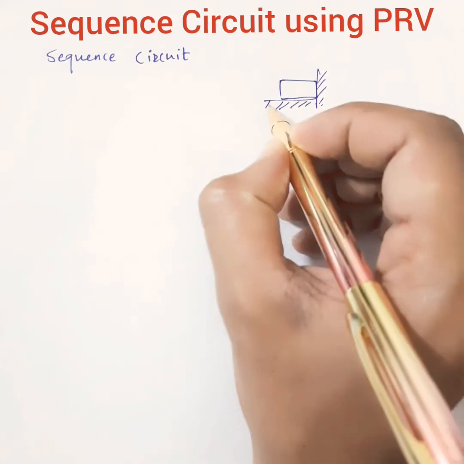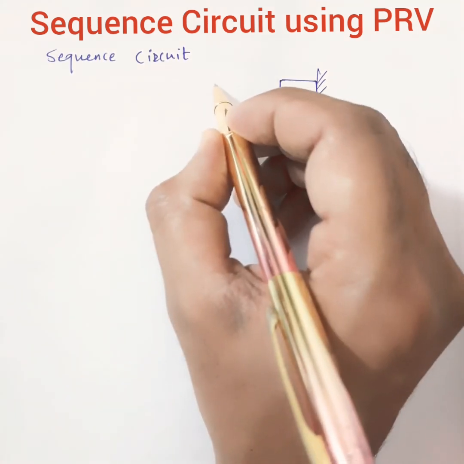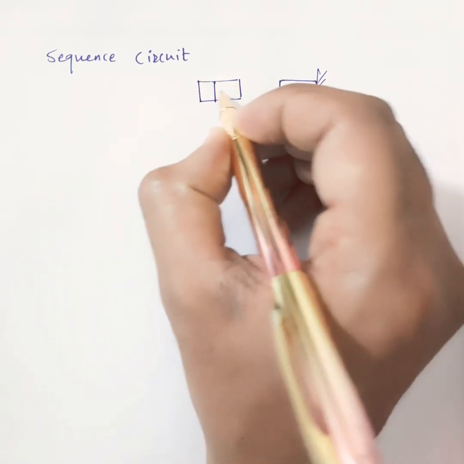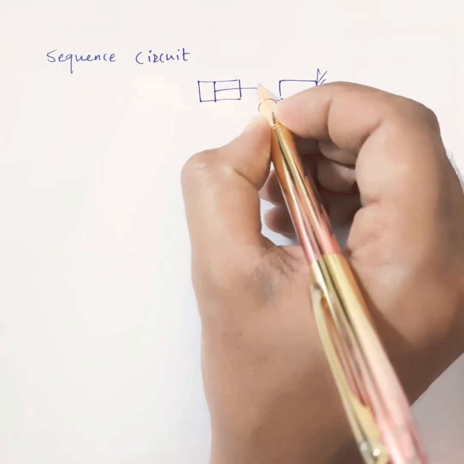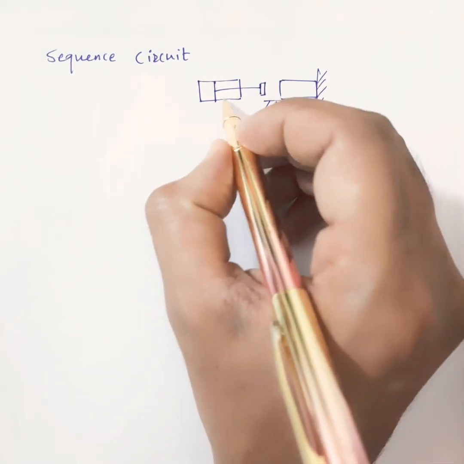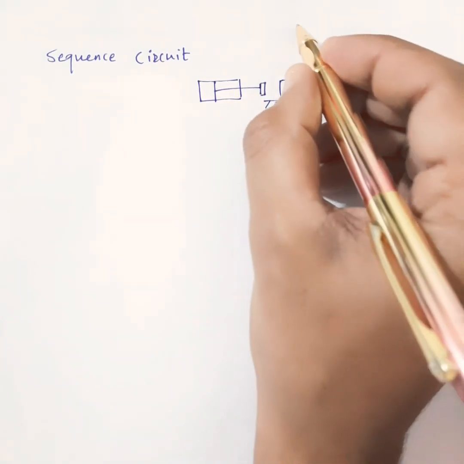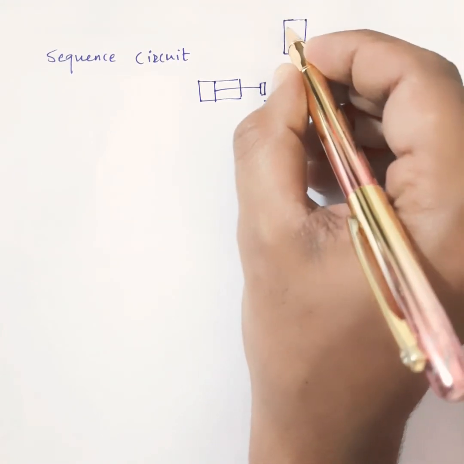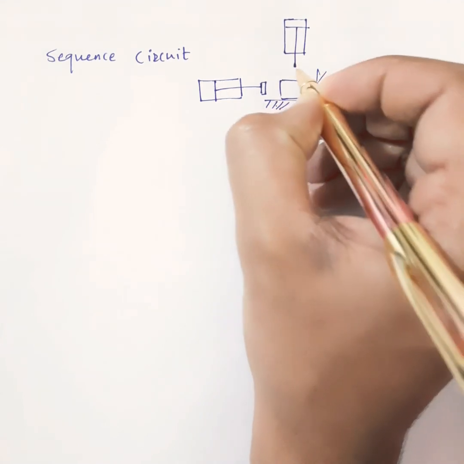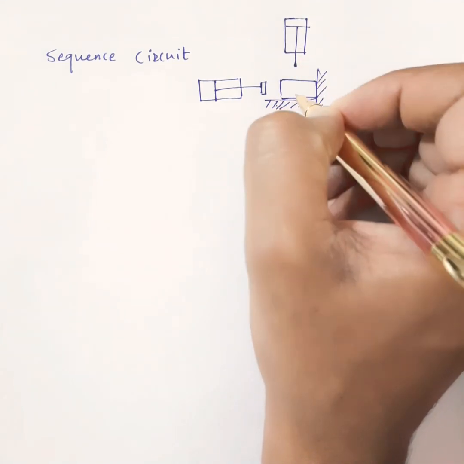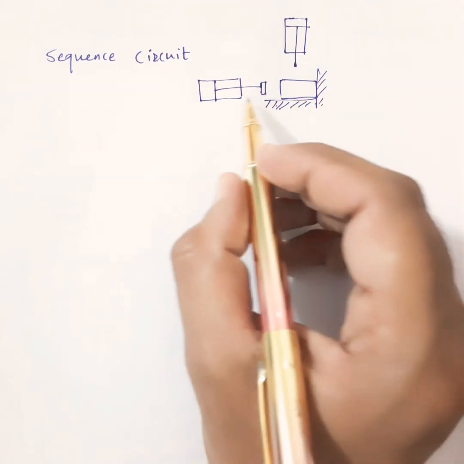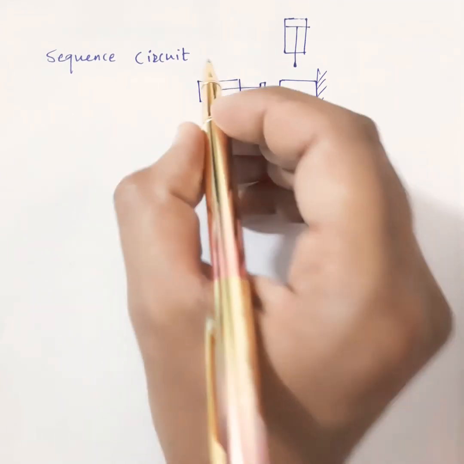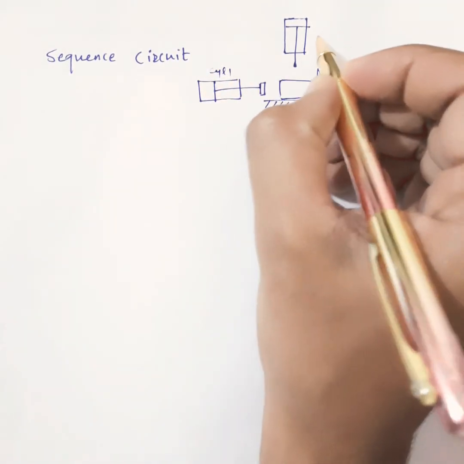For example, here two supports are already there, and here you have one cylinder to clamp the workpiece. This is a cylinder and the piston of the cylinder, and this piston will clamp the workpiece first. Then suppose you have another cylinder here with a drill bit, and this cylinder will drill in this workpiece. So the first thing is to move this first piston. Let us call this cylinder 1 and this cylinder 2.